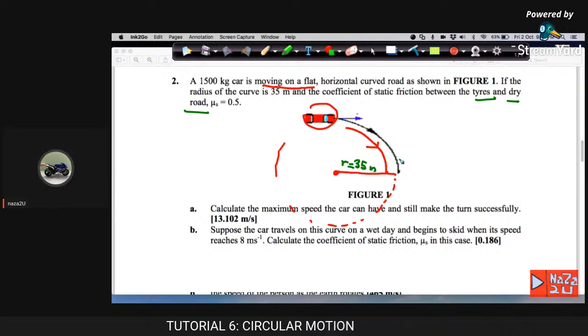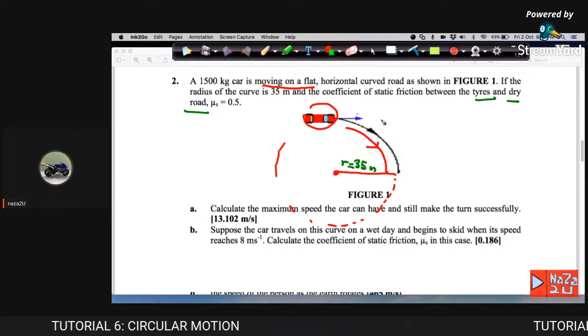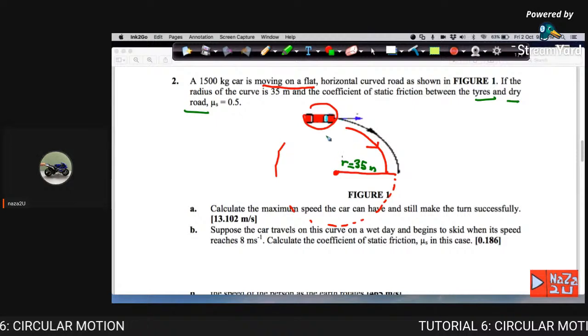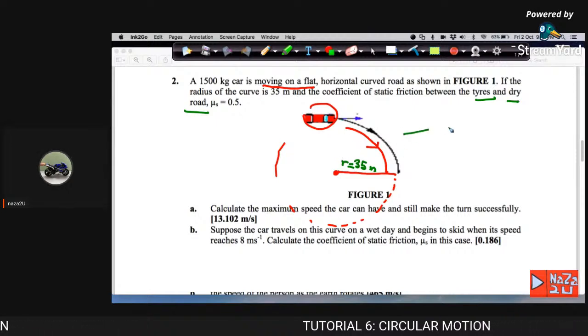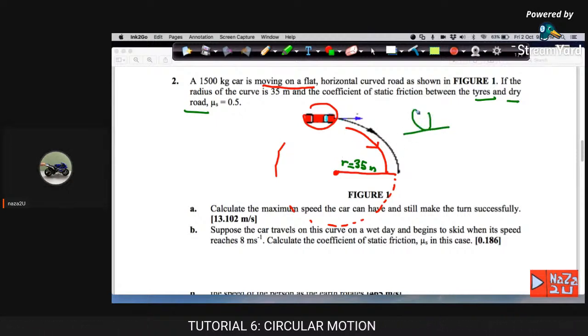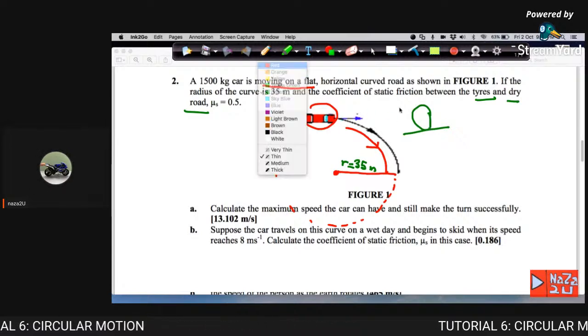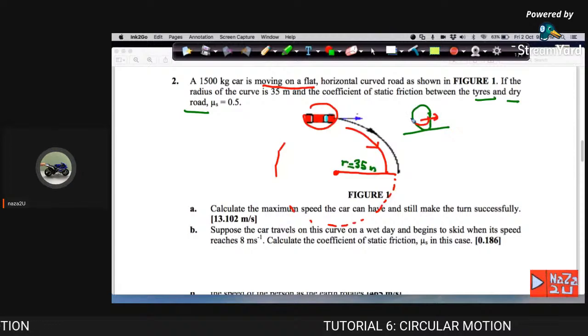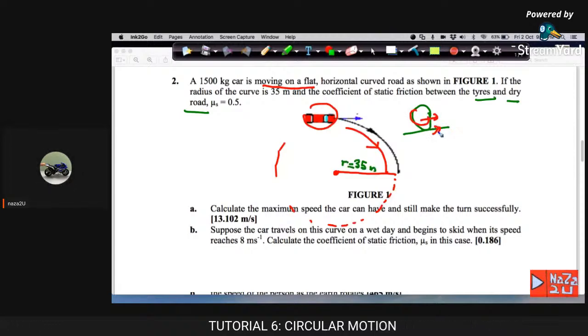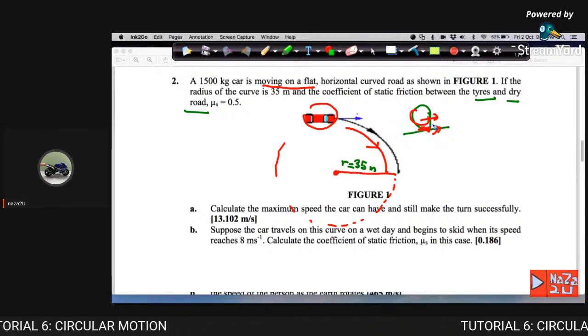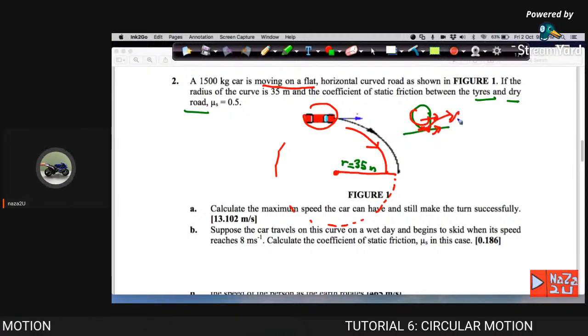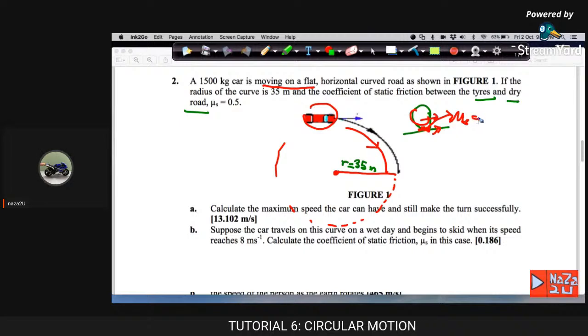So meaning here the tire and the surface of the road touch each other. Touch each other meaning, okay, katalah saya lukis kat sini, ini katalah tayar kan. So we have the two surfaces here. The two surfaces here refer to the surface of the tire and the surface of the road. And the friction between the two surfaces here is given by the value of the friction mu is equal to